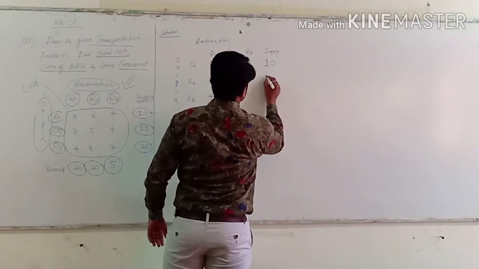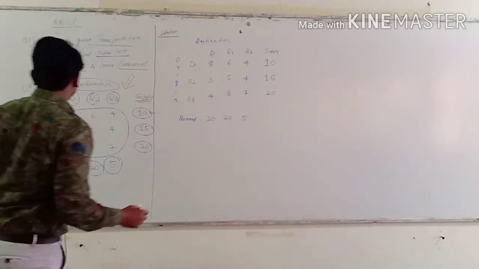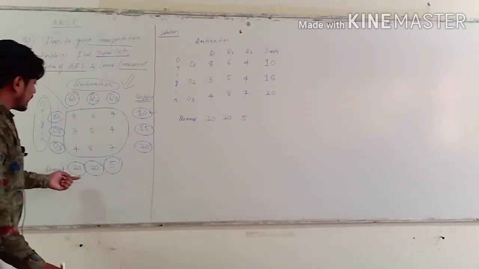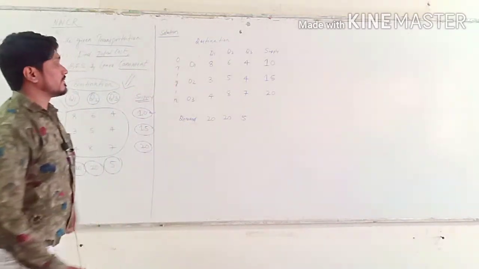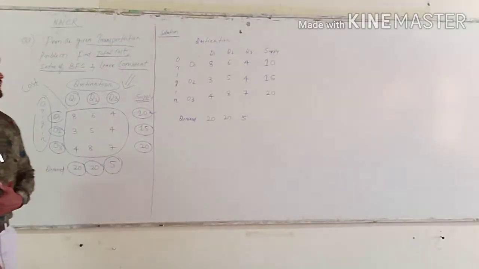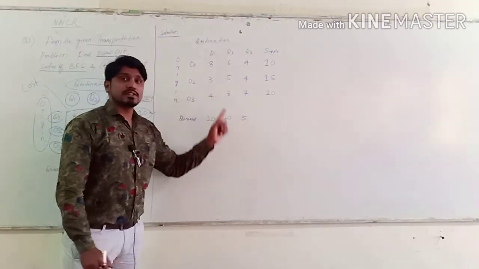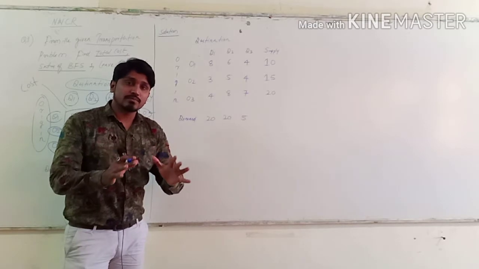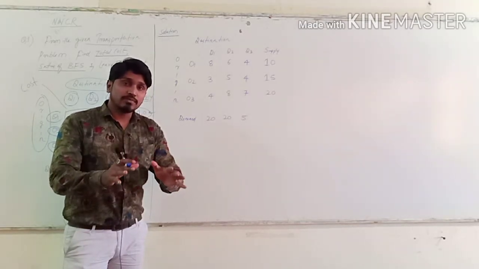Then the demands are 20, 20, 5. It is already written. This is our question. Now the first step, we have to check whether this given transportation problem is a cost problem or